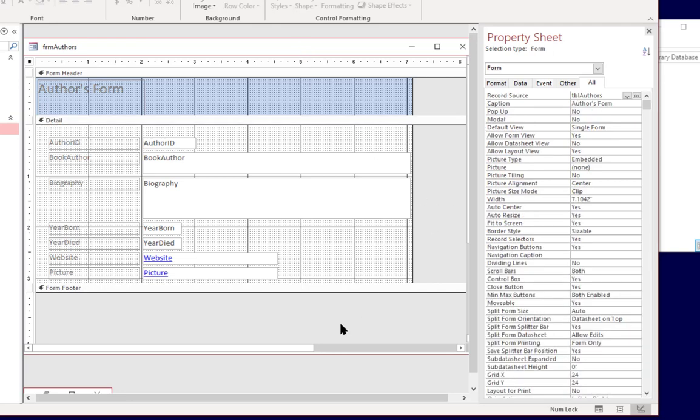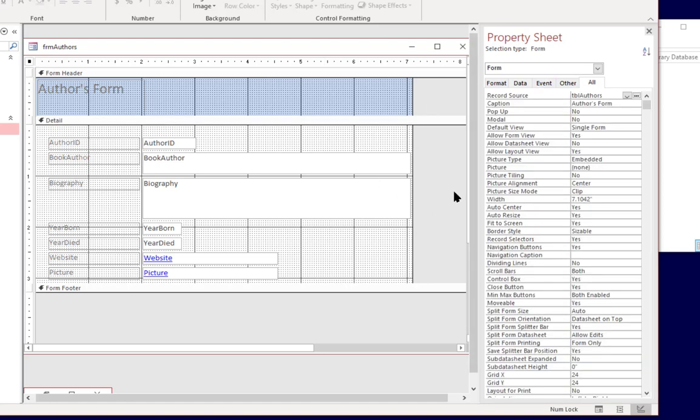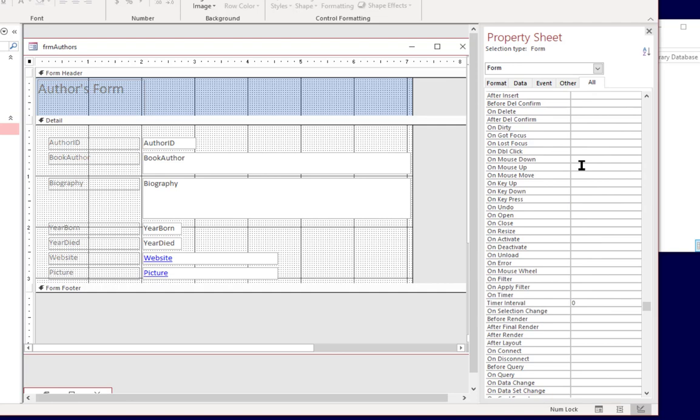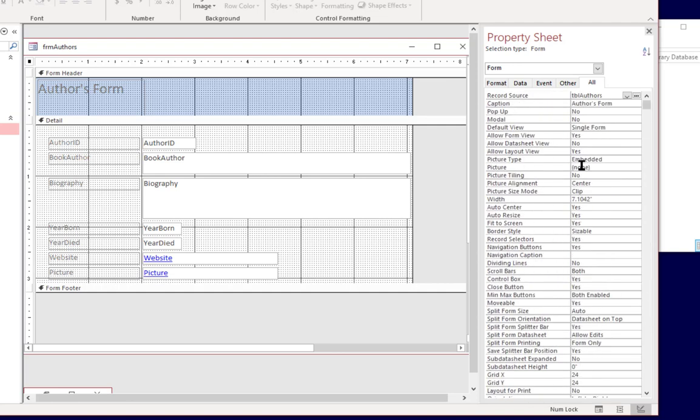These big gray areas here are the form that contains the display area and all the properties available for the form as an object within the database. So you can see that it has quite a few more properties than the display area, and it can be easy to get intimidated by all these different properties, but it's important to understand that this actually gives you quite a bit of power. You don't have to know them all at once, you don't have to get buried in them,